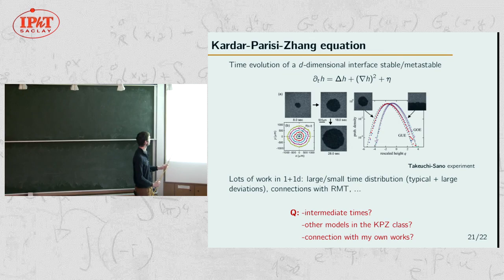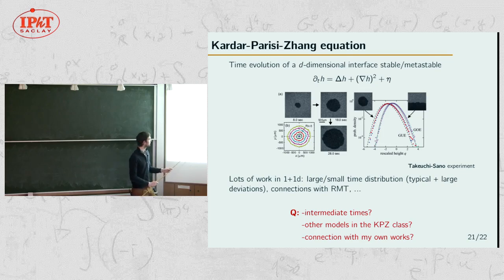So from the center here, this is the height of the interface h with time. And so it's a stochastic equation. You have a noise term here, and you have a nonlinearity, which makes this equation non-trivial to study. And actually, what people have shown is that in the long time limit, the distribution of the height of this